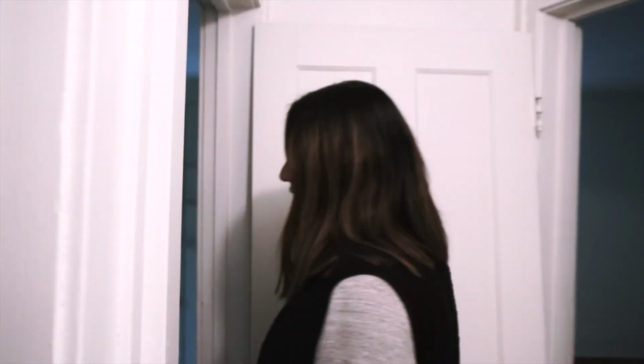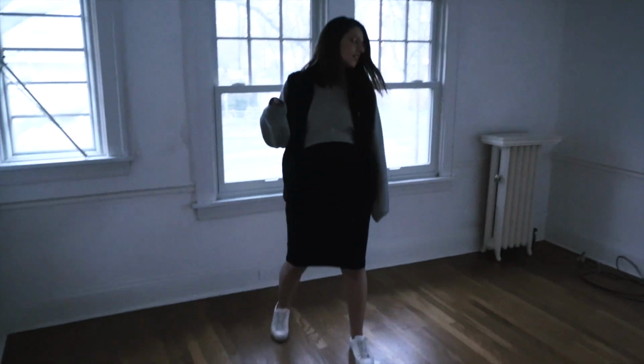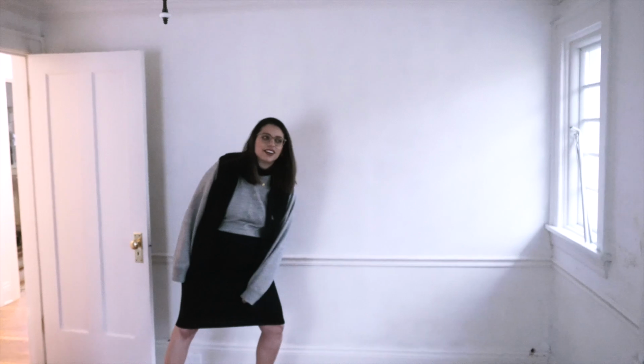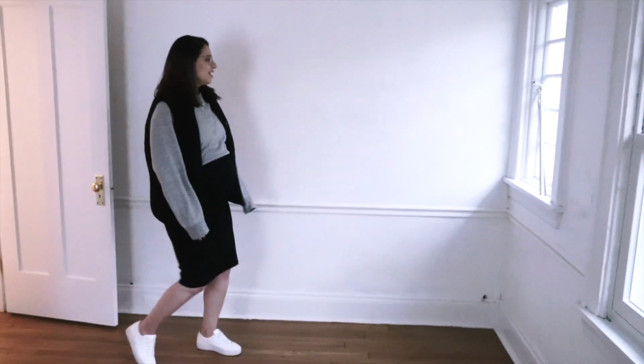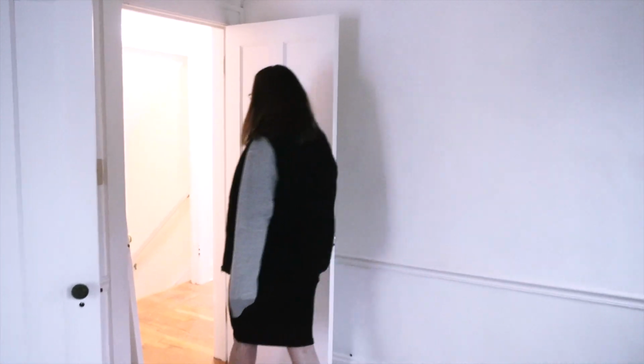And this is the other room that I mentioned, which is exactly the same size, maybe a tiny bit smaller, but this is going to be the nursery. So I have big plans for this room. You're gonna see soon. I'm gonna make a huge mural here. I'm super excited about it. So yeah, this is gonna be the nursery. Let's move on to